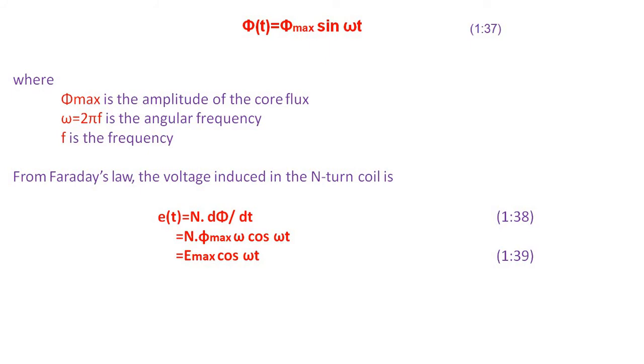That is phi of t equal to phi max sin omega t. Phi max is the amplitude of the core flux. Omega equal to 2 pi f is the angular frequency. F is the frequency. From Faraday's law, the voltage induced in the n turns coil is e of t equal to